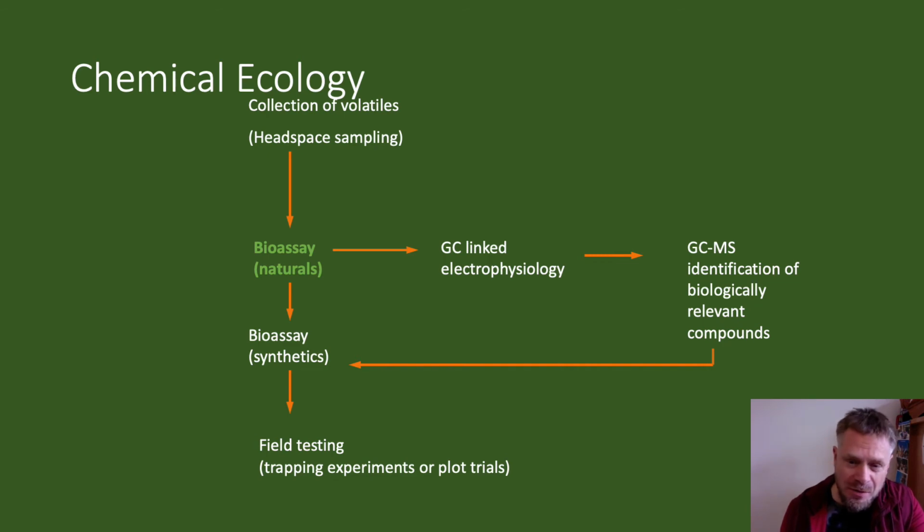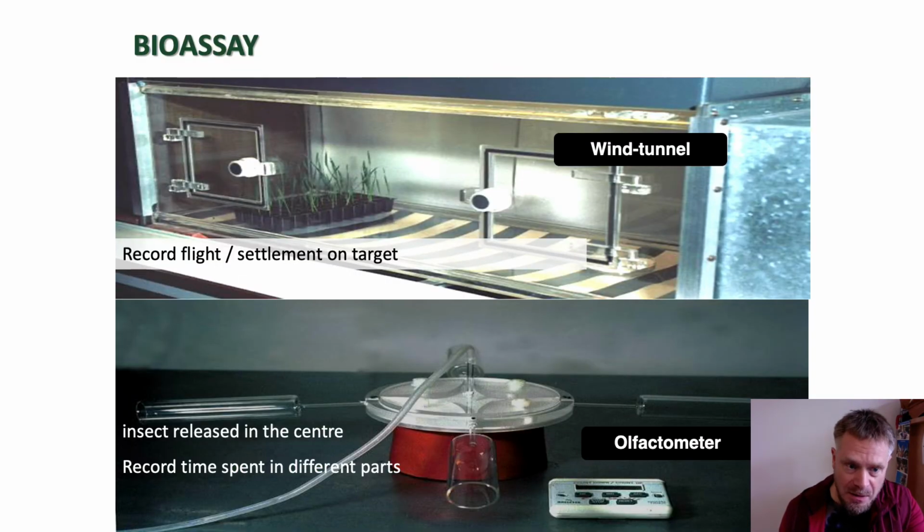So that's how you get your headspace sample to begin with. But then you want to know, is the insect going to respond to that? So you do a bioassay, and there's various different types of bioassays that can be done. For small insects like aphids, we often use this olfactometer. This is a walking arena, and you put the insect in the middle, and over a set period of time, you watch its behaviour, how it's walking around, how much time it's spending in the different regions of